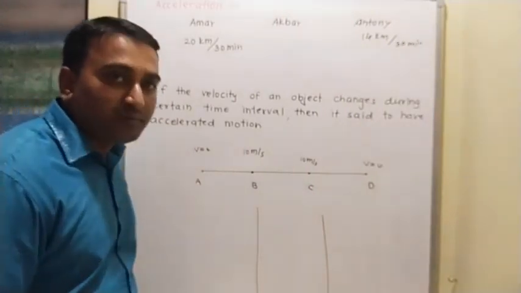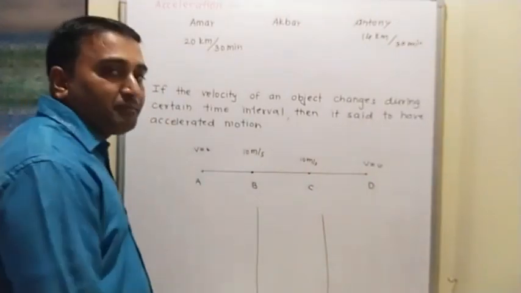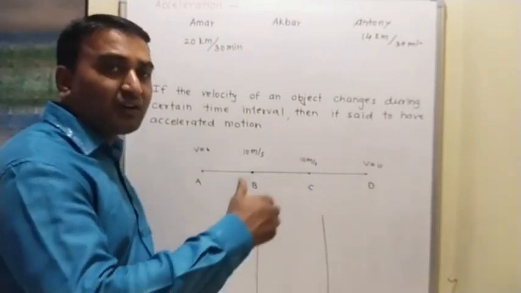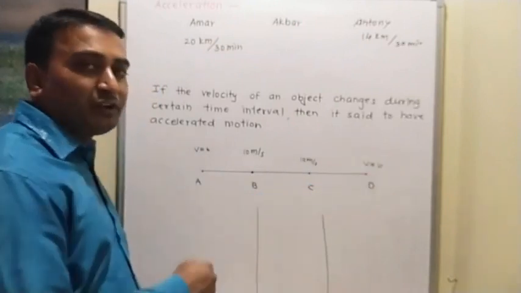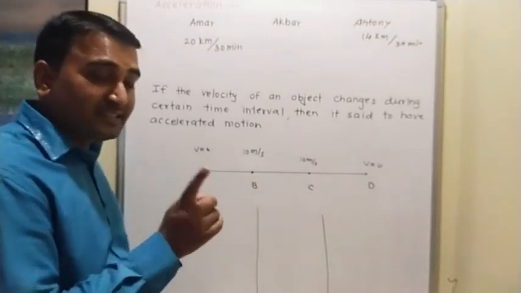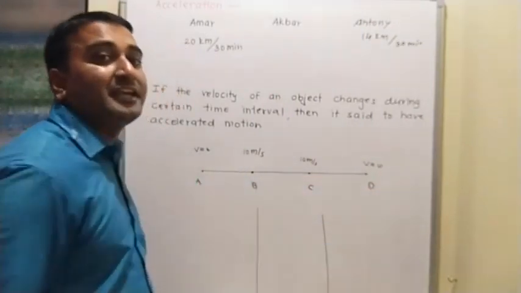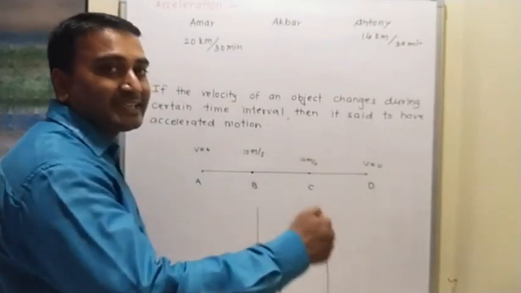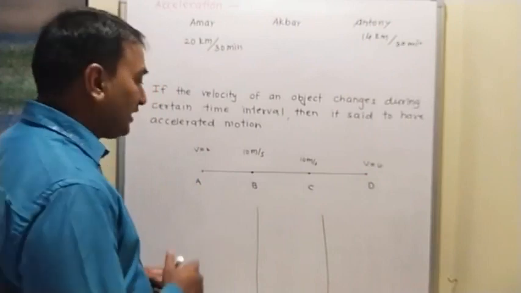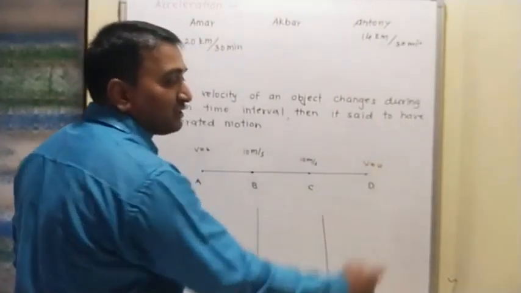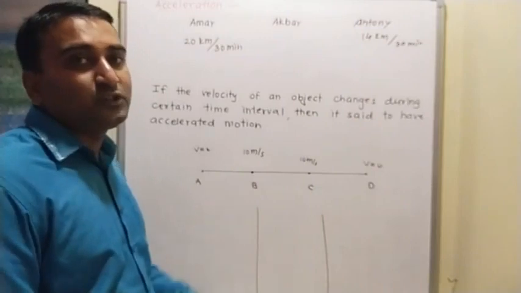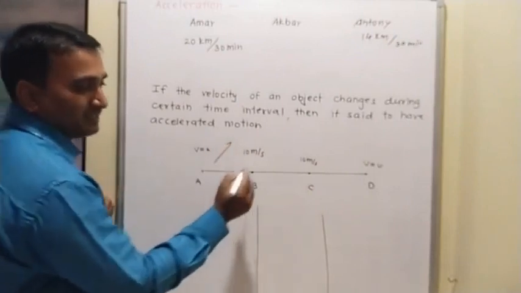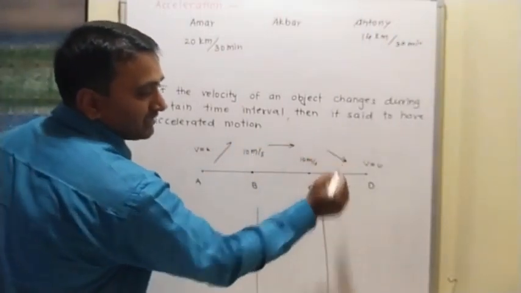Now you are going to stop, so definitely you will apply the brake. After applying the brake, in each and every consecutive second, definitely your speed, that is your velocity, decreases. Why are velocity and speed the same? Because you are moving along a linear path or straight path. So speed starts to decrease, and finally when you are at rest, you will get the velocity again 0, because you will not move there. So here speed is increasing, here speed is the same, and here speed is decreasing.